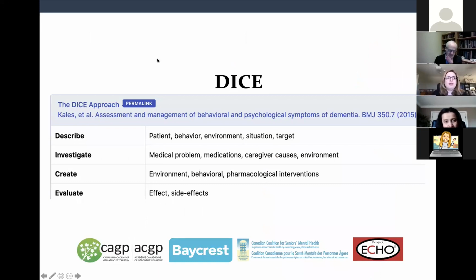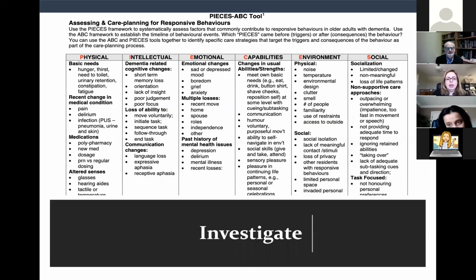The approach to evaluate a symptom like that, I like the DICE approach. If some of you are aware of this approach, it's been published a few years ago. DICE stands for: first, describe precisely what the behavior or the symptoms are that the patient is showing. Then investigate the possible etiologies, then create an intervention plan, and then evaluate the intervention plan and see if it needs to be readjusted. I know that in Canada, you've been trained with the PIECES